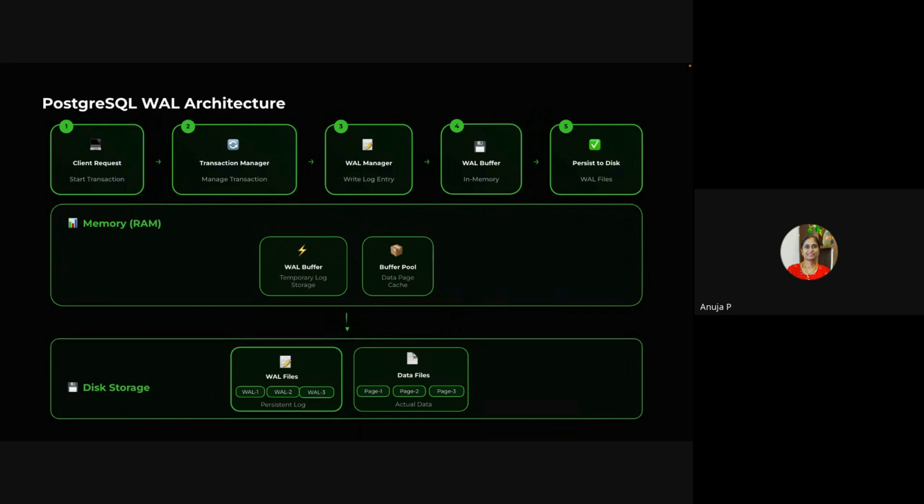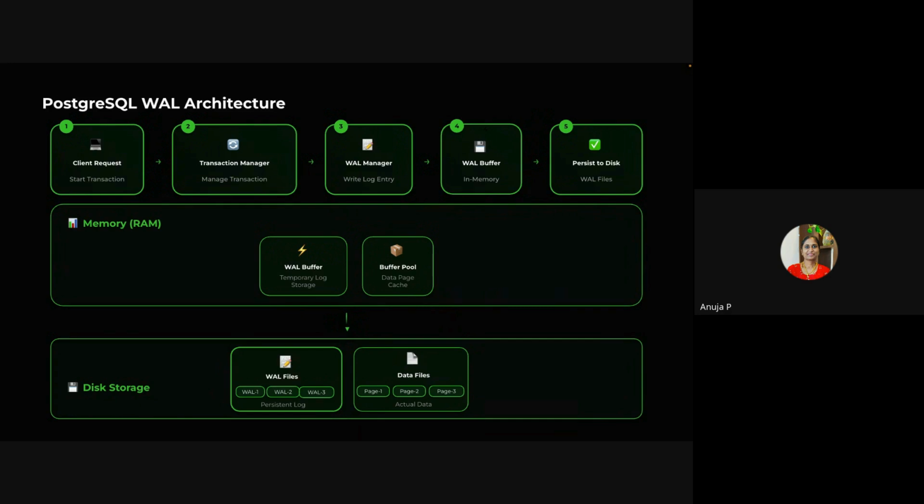That is a very important point. The WAL buffer is an in-memory component. So it is in your RAM. Just imagine if you were going to write each and every log, each and every time, into your disk. This is going to cause high input output operations, and this will impact your performance. So when you do it through a WAL buffer, a set of logs will be written together into the disk at a time. So this might increase your performance. So that is the use of a WAL buffer.